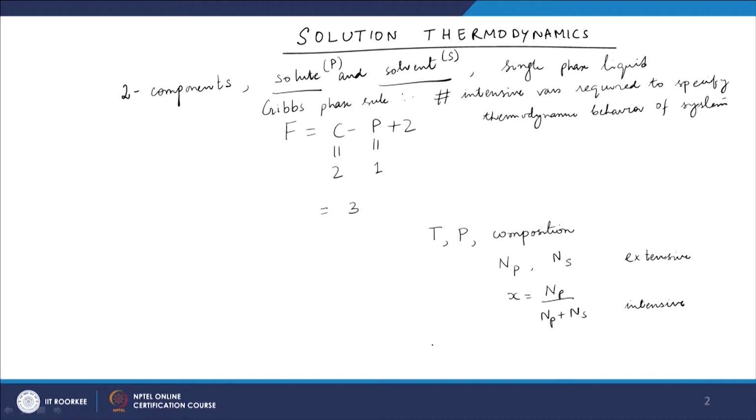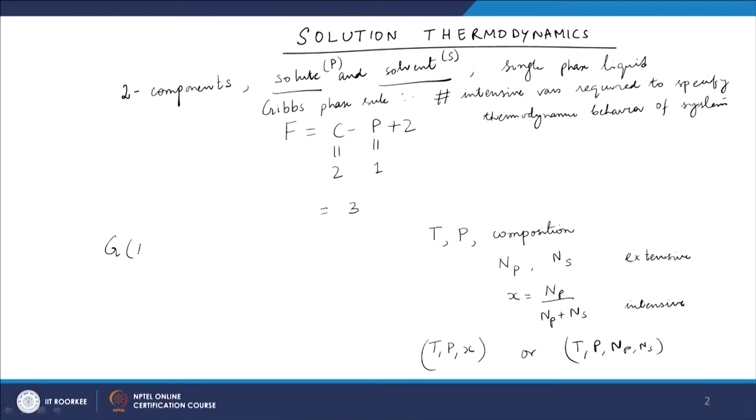So, we can either specify T, p, x or we can specify T, p, Np, Ns, because using Np and Ns I can find x. Okay. Essentially you only need 3 intensive variables. So, if I am given both Np and Ns, that is the number of molecules of solute and solvent, I can get the x, that is the mole fraction. So, now the relevant energy function in this case is the Gibbs free energy,